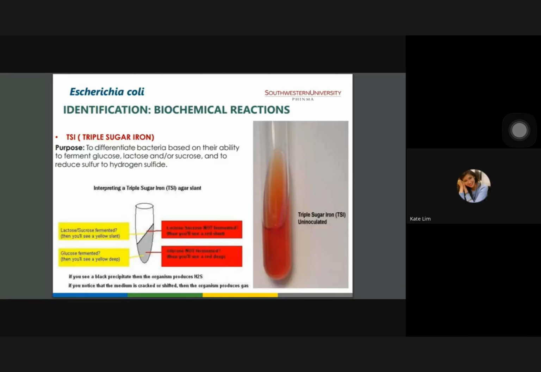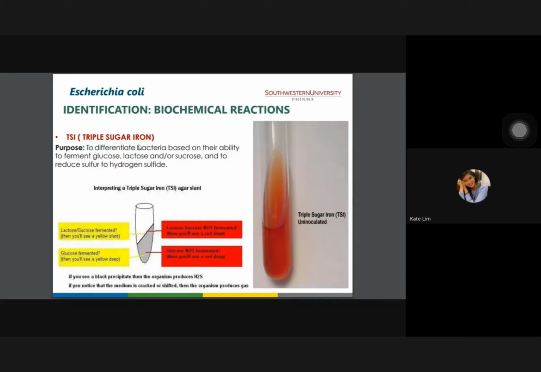Okay, so Miss, how about the hydrogen sulfide? The hydrogen sulfide can be detected with the presence of black precipitate. Again, black precipitate would tell you that there is presence of hydrogen sulfide. Black precipitate right here. How about the gas? How do we detect gas, Miss? You can see gas bubbles or gas cracks along the medium. I will show you an example later on. If there are cracks on the medium, that would tell you that the bacteria has the ability to produce gas. Okay? So remember that one.